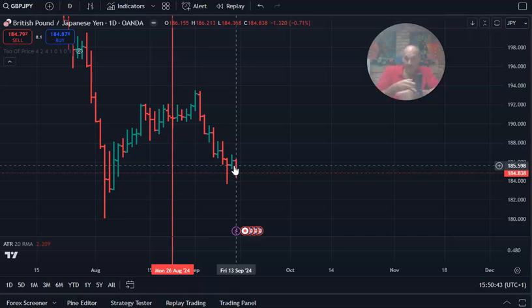Okay, it fell right out of bed on the open. That's fine, it doesn't matter. We're going to put the points up, then look at the hourly chart to see how this could have helped us. We have a potential low of the day: